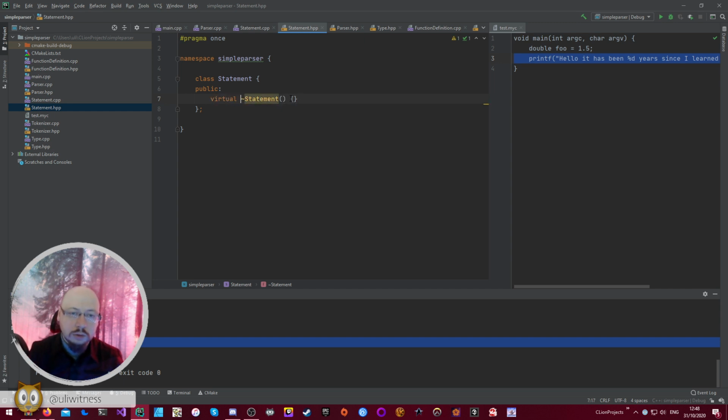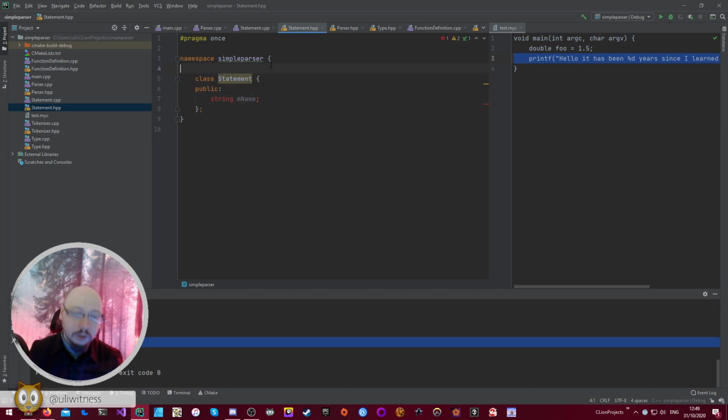Virtual. Wait, I think I can say default here, because I'm not actually implementing anything, but we will have subclasses, so it needs to be virtual. And now we say a variable declaration statement is a statement. No, we can't really. If we're doing that with optional, we don't want to use subclasses. So you could do it with subclasses, but right now we'll just rough it and say, okay, string